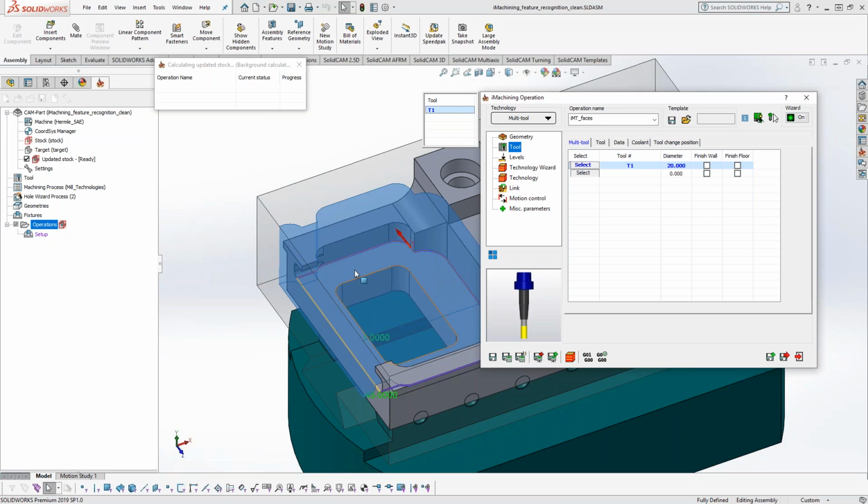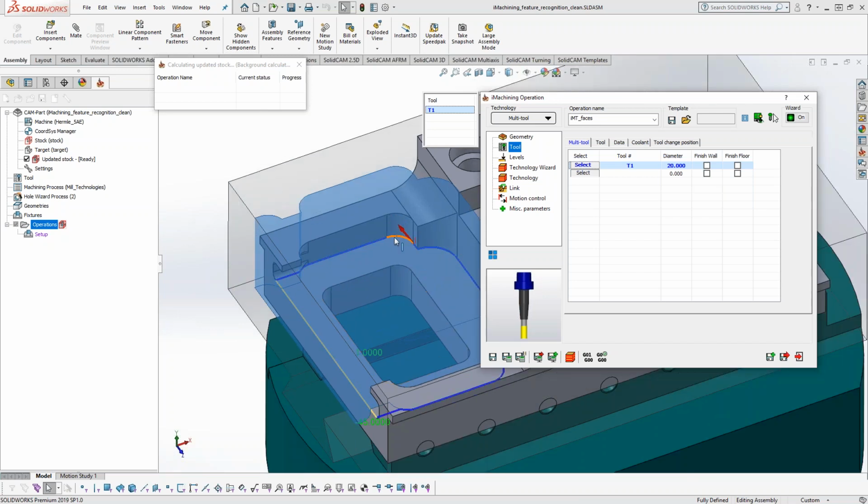With iMachining machinable feature recognition, what we do is we say, okay, what is the feature from the model, which is this face, and we find the chains for that face that would say, okay, if we wanted to machine that face, what are the boundaries of that face that we're going to machine? And then we say, what does the target model look like? And what does the stock model look like? And also, what does the fixture model look like? So we take our pocket,